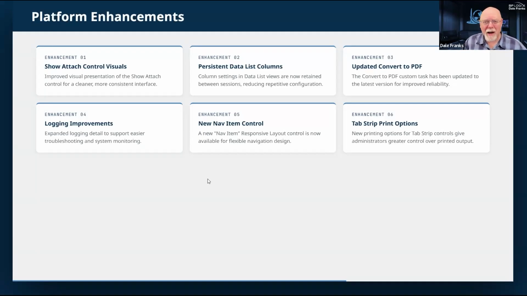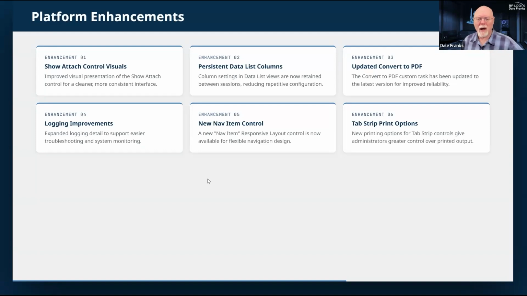It would get kind of lost and would just read the document as corrupt and refuse to convert it to PDF. So we had to make some changes to update the Convert to PDF custom task, which has been updated to a new version. I don't think it's available on the download site just yet because we just fixed this, but it will be available very soon. So you can grab a new version of the custom tasks and download them.